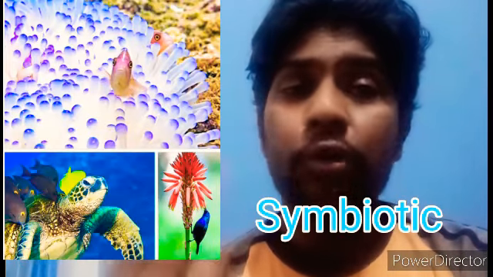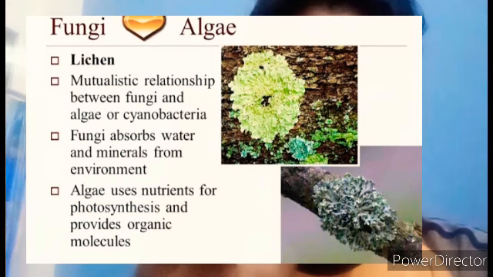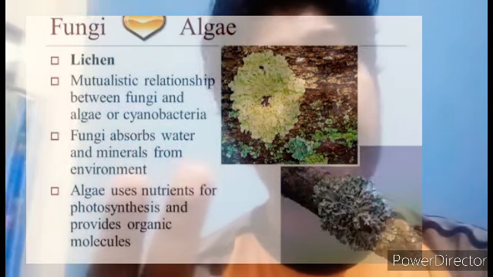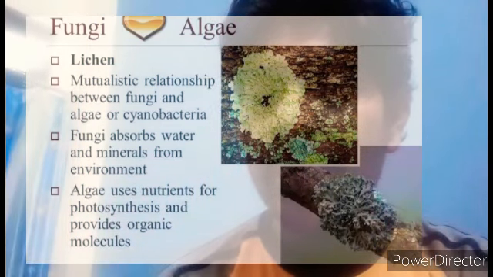Now the last one is symbiotic, the relationship between two organisms. This is very good, one of the best other modes of nutrition as per my view. Why? Because these two organisms depend upon each other. A good example is lichen. Why? Here one content is the alga and the other content is the fungus. Both come together for a mutual relation. Why do they come together? Because of this